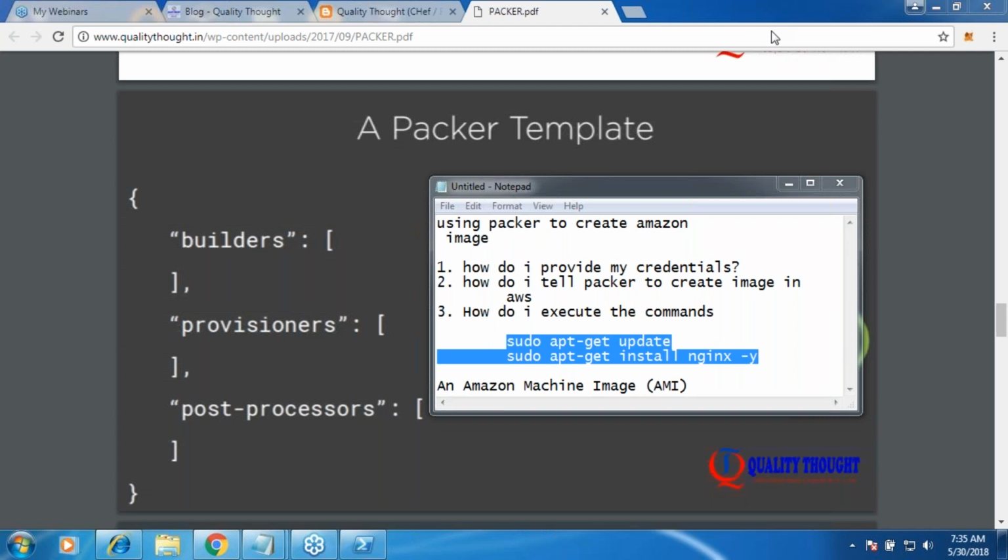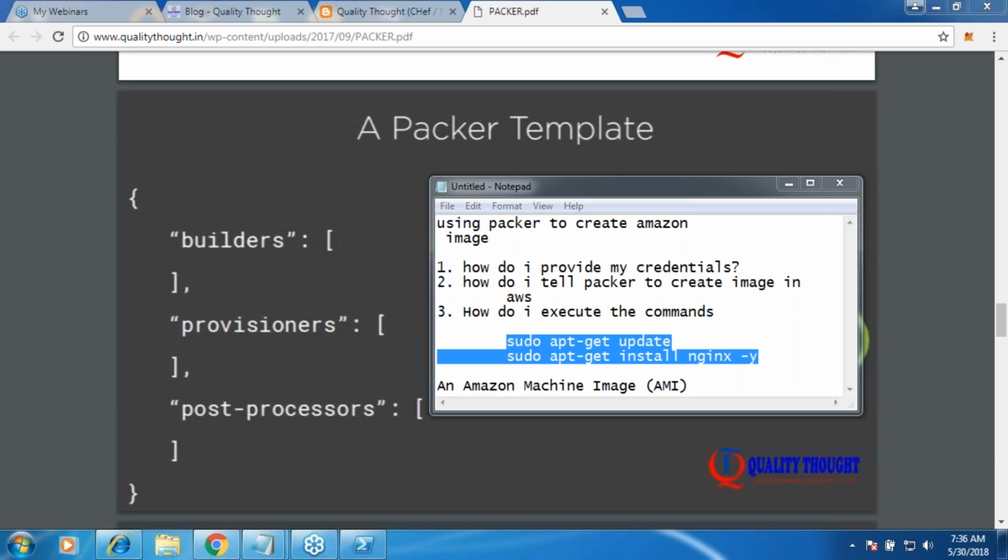We need to find out whether there is a builder in Packer suitable for your needs or not. In our case, Oracle Cloud. Tomorrow, if someone comes and says that I want a DigitalOcean droplet for Nginx, never came across the terminology, but he says that he wants an image. So the first thing which you need to search for is a builder. So builder is the major part over here. If you don't find a builder, that means that you cannot create it.